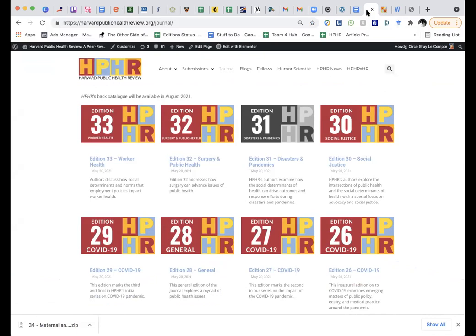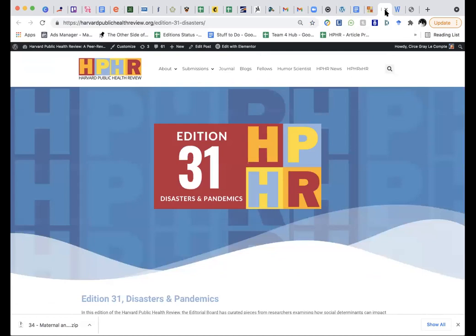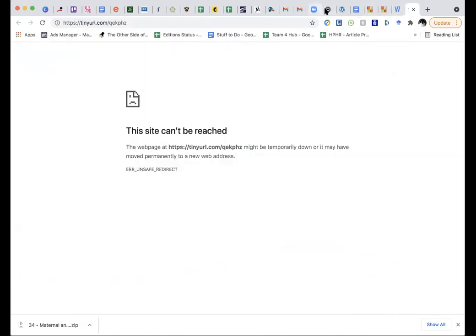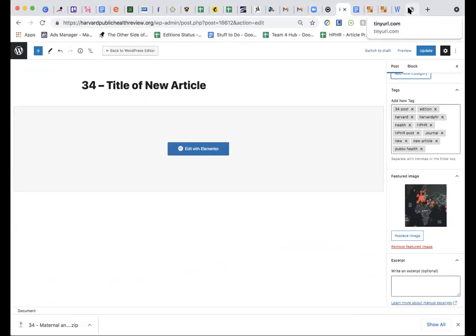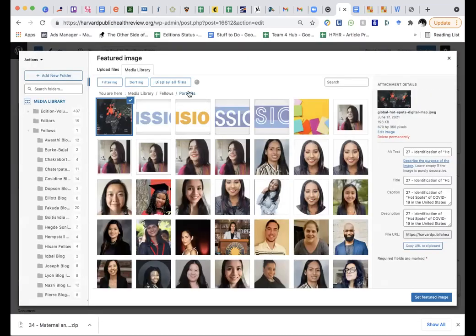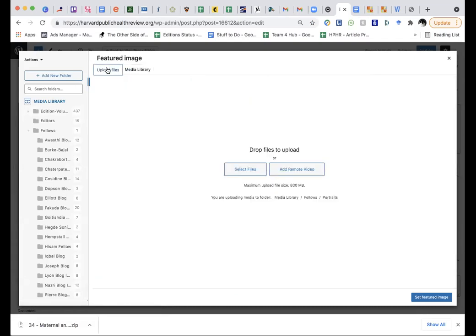We also have it through Canva, and those credentials are also in the document. You can get different images. So let's say you want to add your featured image. We're going to pretend that we already have it, but you could do a Google search and just pick it out. We're going to go back here and upload our image.